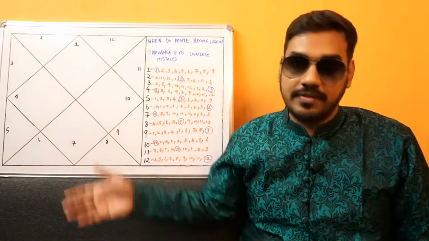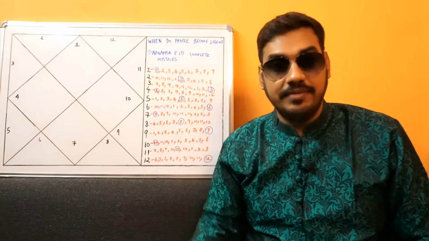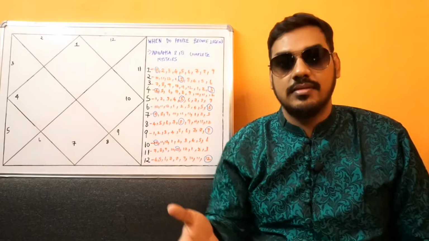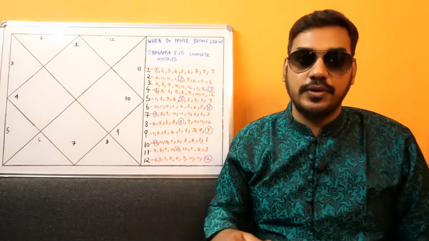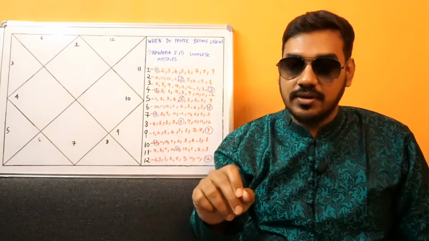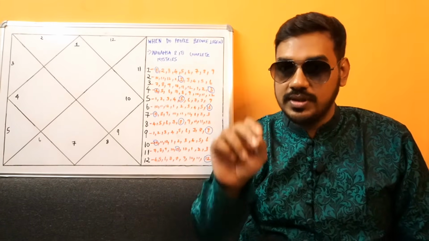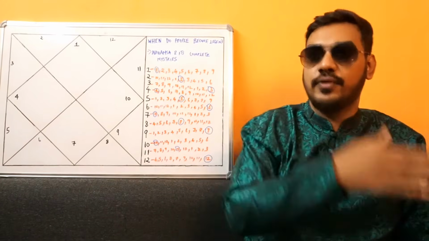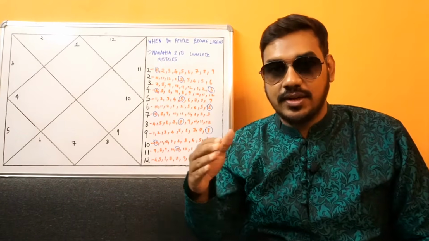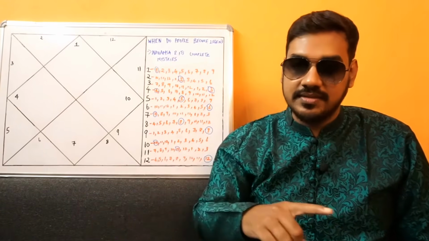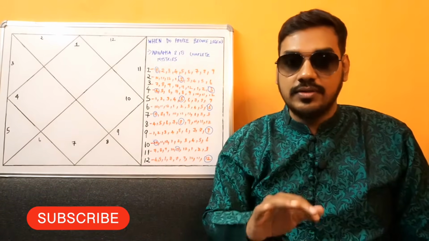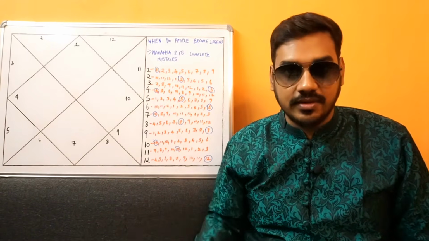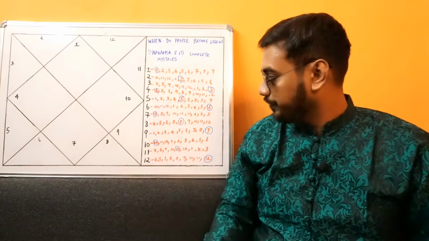The 18th nakshatra from your birth nakshatra is even more auspicious, and the 27th nakshatra from your nakshatra is the most auspicious for you. So if you choose that particular day when the Moon is transiting through your 27th nakshatra, which is the nakshatra just before yours, or your Lagna Lord is transiting through the 27th nakshatra, or the 9th Lord is transiting through the 27th nakshatra, and you do auspicious work during that day, it's going to be amazing. It's going to be very lucky for you lifelong, right?